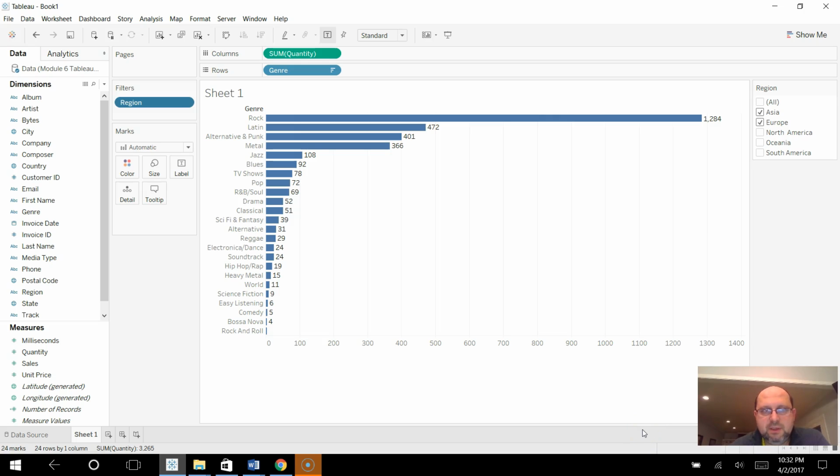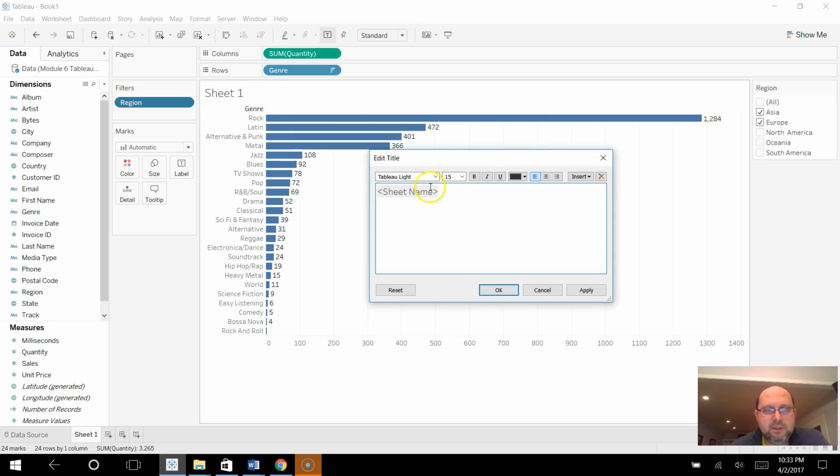Another way of doing it effectively solves 2 problems. One of them is I really don't like when you don't label things correctly. So Sheet 1 is just useless as a label. It's simply a repetition of the worksheet name. So we will click on it and change this reference to the sheet name and call it the way it is, which is most popular genres